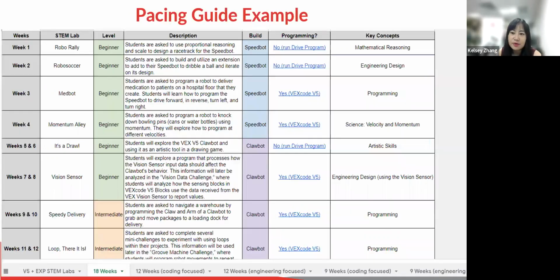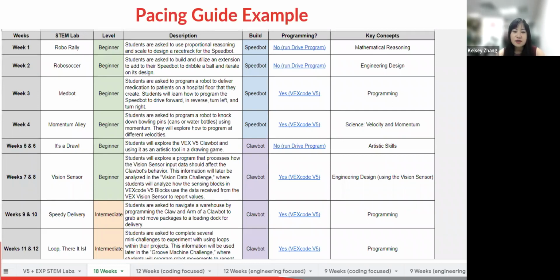Here is an example of a pacing guide for one of our platforms. What I wanted to show you here is actually our STEM lab curriculum materials are designed to be used in a variety of ways to provide teachers with options to pick and choose the teaching resources that fit your needs and your students' needs as well. Our STEM curriculum functions as plug-in lessons that can fit into schools or learning centers curriculum.